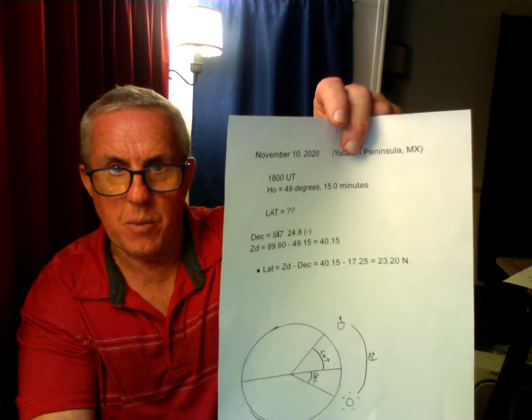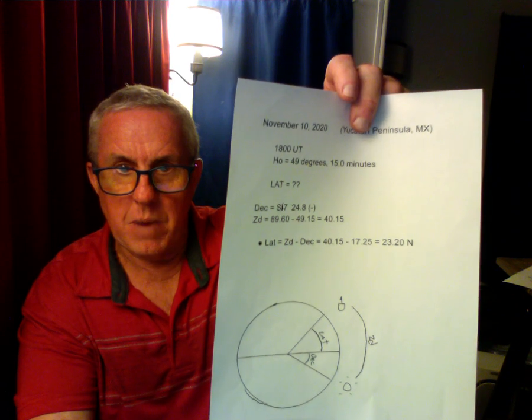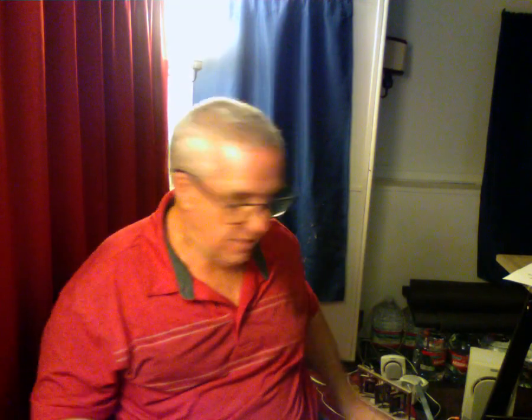So those are where the numbers came from. Latitude in this case is the zenith distance minus the declination. Super, super easy. Two variables. Once again, that's all you do. Let's look at a different one. Make it a little more